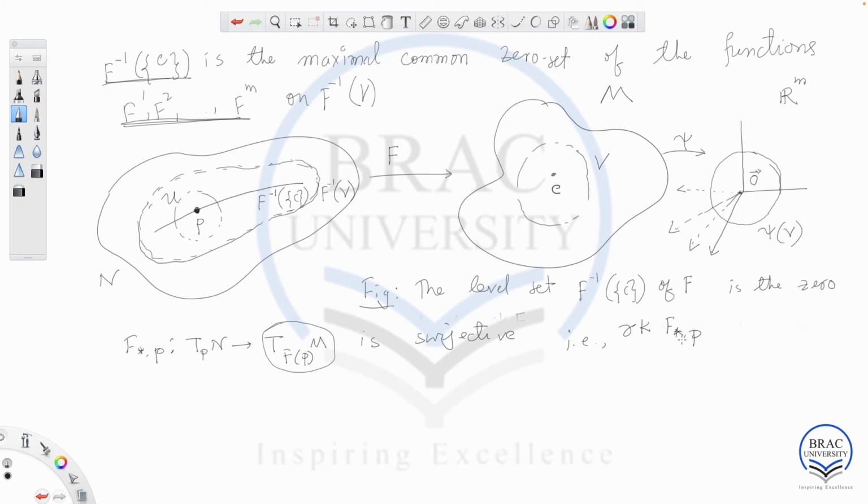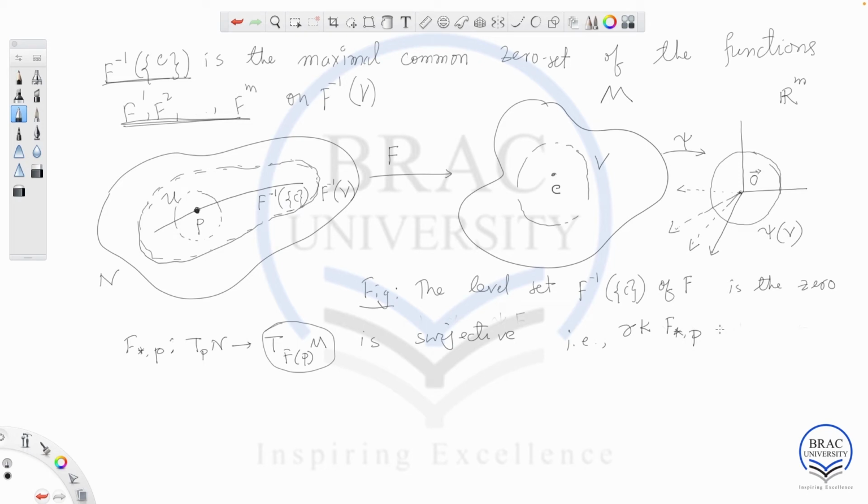So the rank of F star comma P is the dimension of the image of the vector subspace here, and that is precisely the rank of this linear map. And since the image coincides with the target space, the rank of F star P is going to be the dimension of this tangent space,